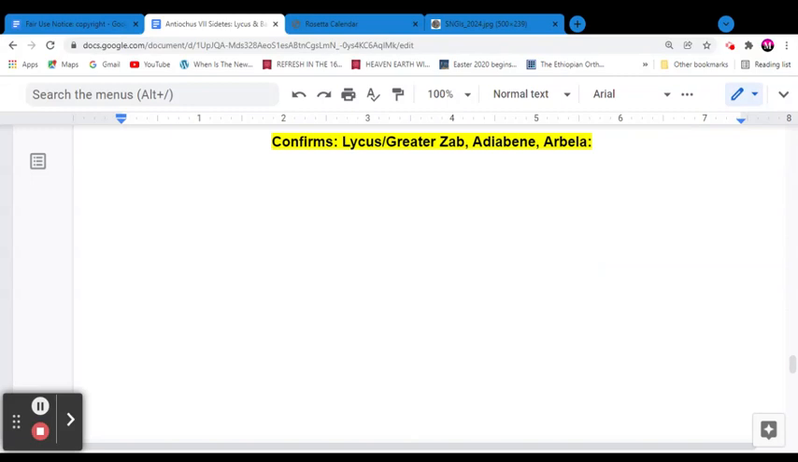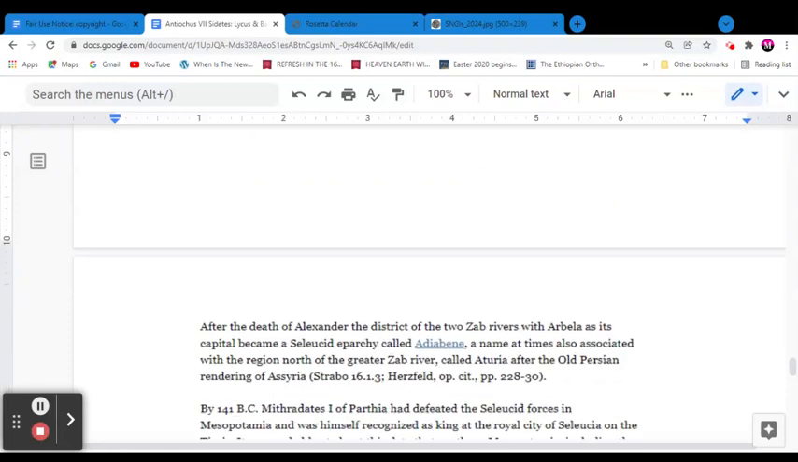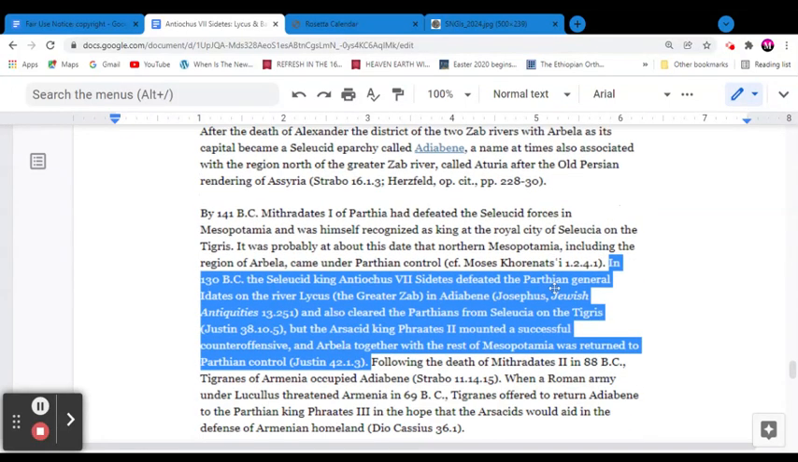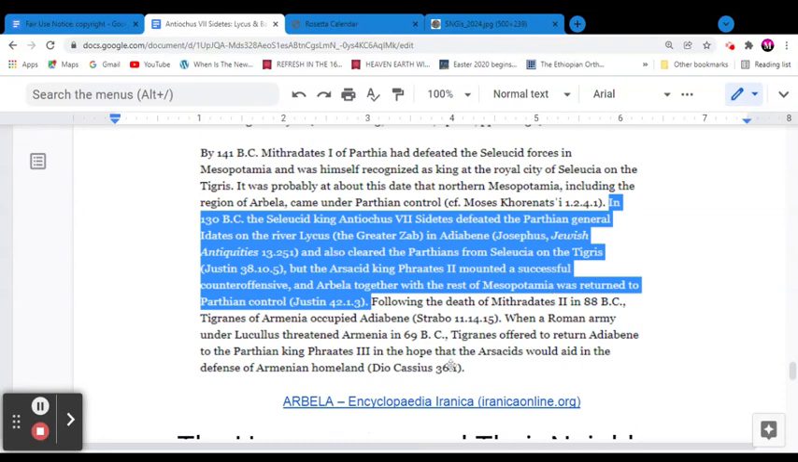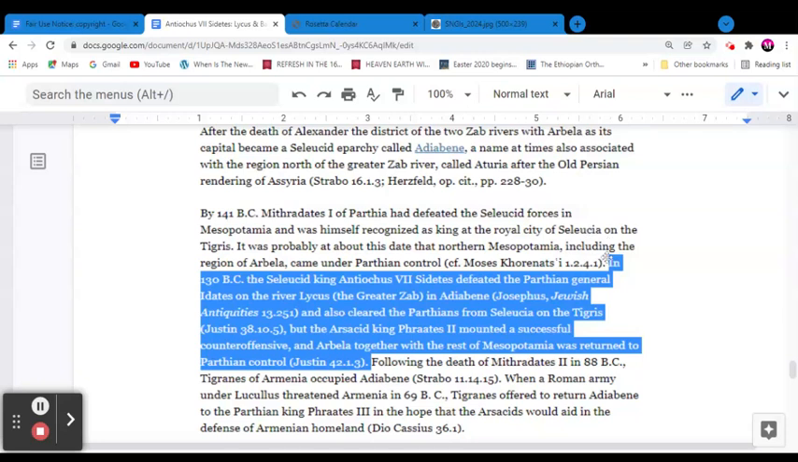Now, the following post we'll look at is the confirmation dealing with the Lycus or the Great Zab River. Let me put this right here. Adiabene and Arbela. Okay, so when you read this source here, what I want to read to you comes from the Iranica Encyclopedia. It says the following: In 130 BC, the Seleucid king Antiochus VII Sidetes defeated the Parthian general Indates on the river Lycus, the Greater Zab, in Adiabene, and it quotes from Josephus, and also cleared the